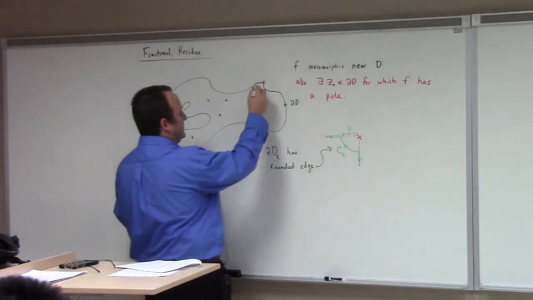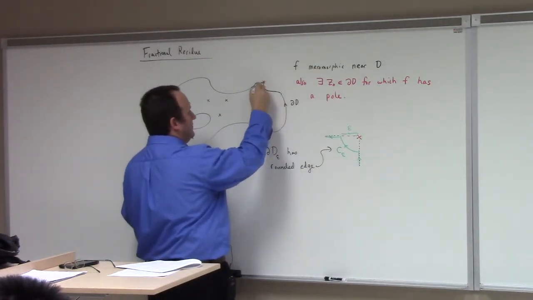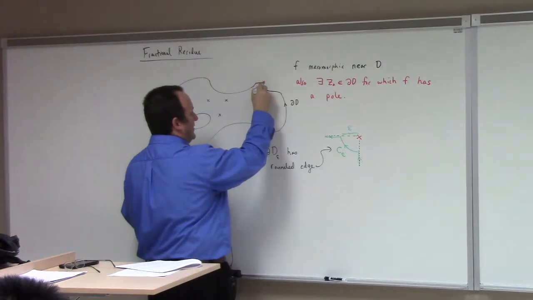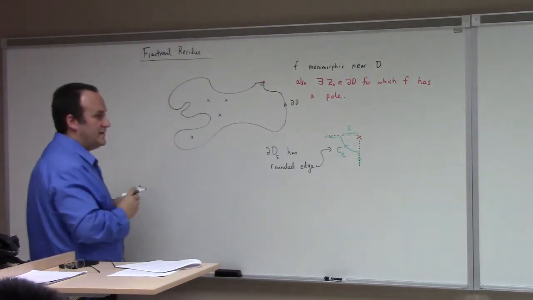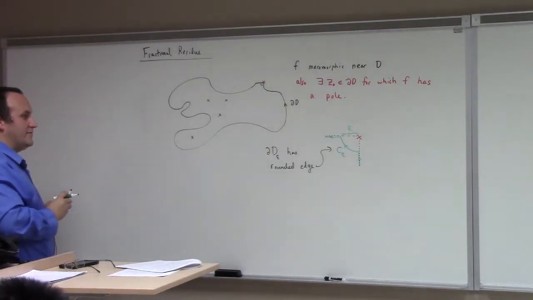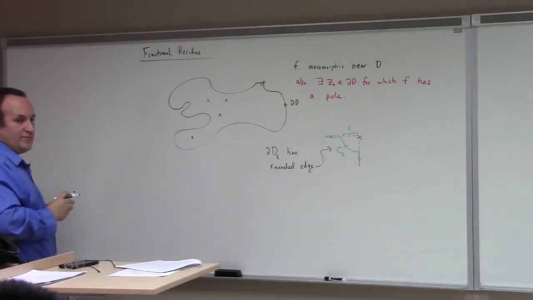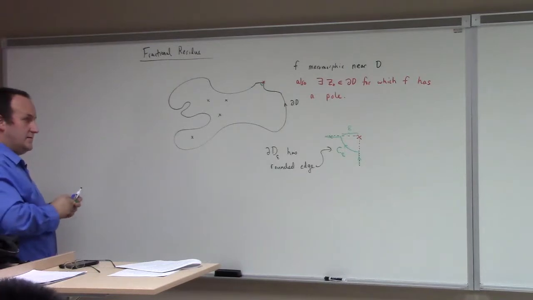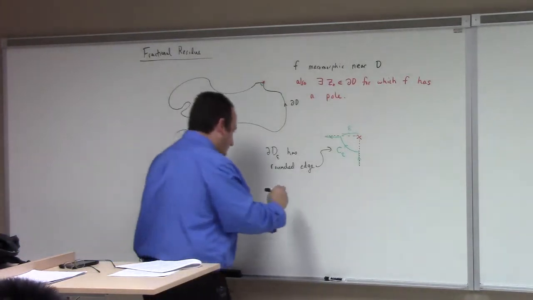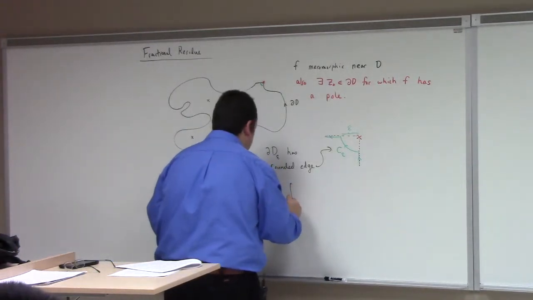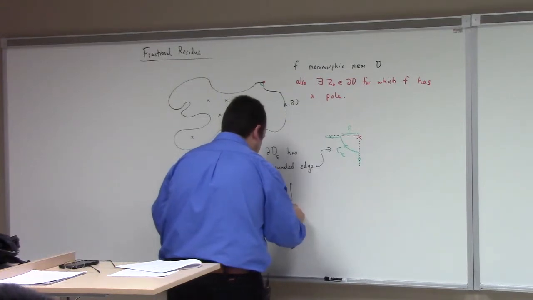We replace the given D with one with this little corner kind of cut out like that, right? What's the difference between the given one and the rounded out one? Well, the rounded out one we can apply our previous result to, right? Because now the singularity is not on the edge of the modified contour, and so we can apply the residue theorem there, right? So we'd have the integral over the boundary of D epsilon